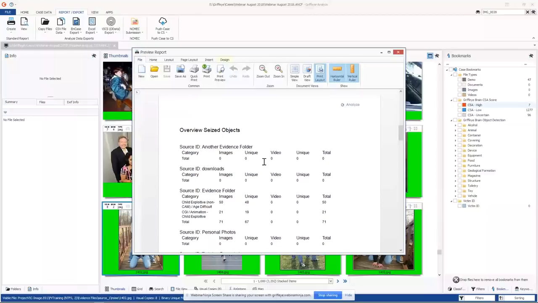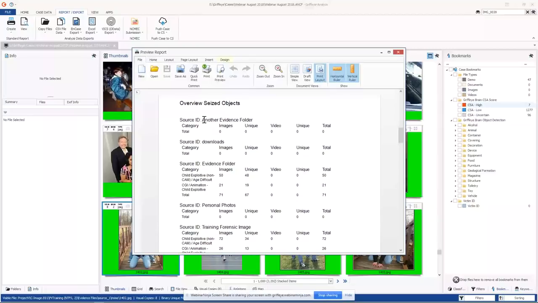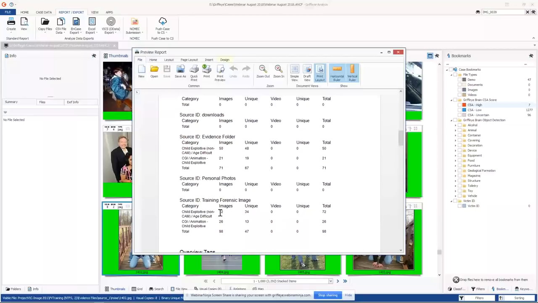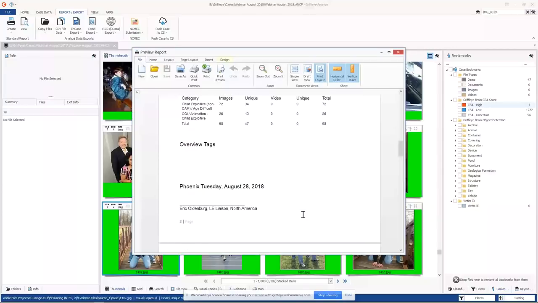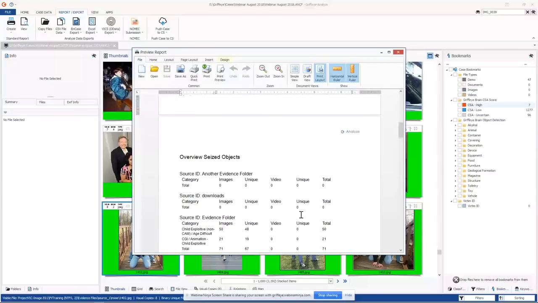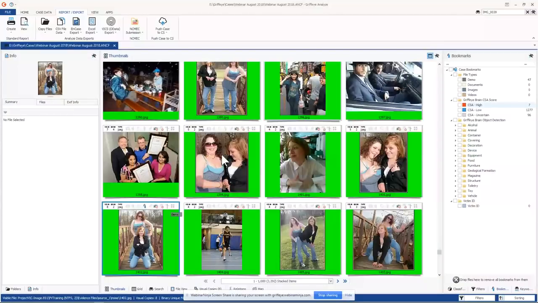So a good use case for this is you have a folder or let's say a thumb drive. Instead of naming it some random evidence number, you name it the actual 128 gig thumb drive. So you can quickly go down the summary report and say, hey, in the 128 gig thumb drive, there were 50 images that were child exploitive, whatever, or over here in this laptop, or this forensic image, you can kind of get an idea of exactly what was found where. So when they say, oh, I downloaded and deleted it, well, yeah, no, you didn't. So that's pretty cool as well.